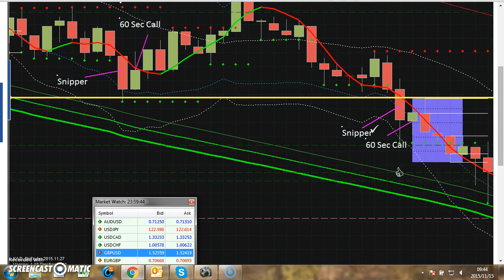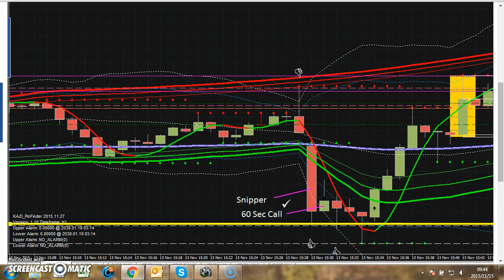Let's go to the next one. Alright guys, look here. Here's a price and then it starts coming down. Now look at this beautiful one. It touched this impact zone. One question. Compare the size of a body to the wick. Is the size of a body between 65 and 80%? And I will say yes. So what I do, as the next bar opens, I take a 60-second call, and what an easy win.